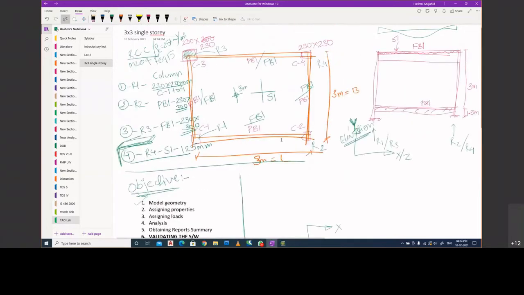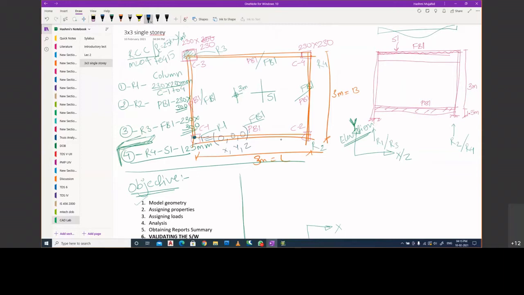So if I am required to mark the coordinates for column number 1, let me very quickly change the ink to blue and increase the radius. If I want to mark this node 1, coordinate number 1, what would be these coordinates in x, y and z? Let us consider this to be the origin. So it would be 0, 0, 0.